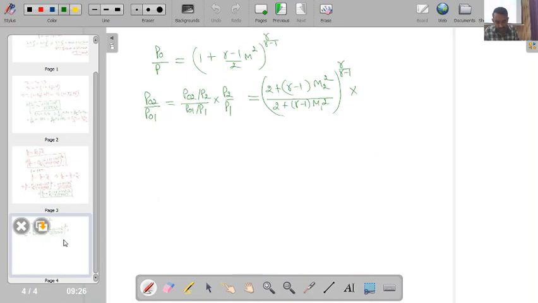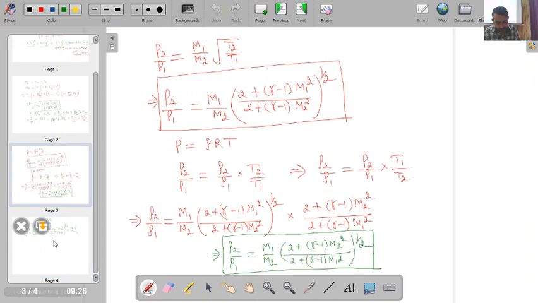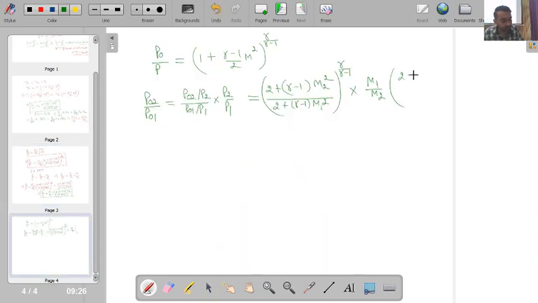P2 by P1 is M1 by M2 times 2 plus gamma minus 1 M1 square, power 1 by 2. Okay, so if you compare the first term and the second term,